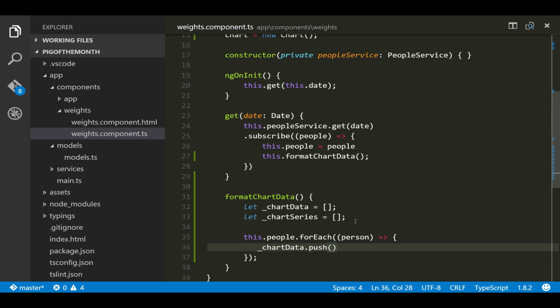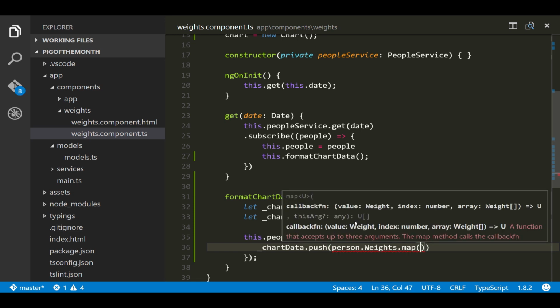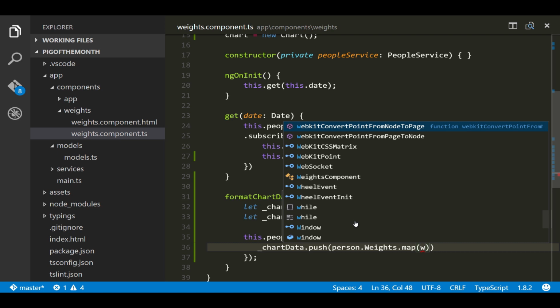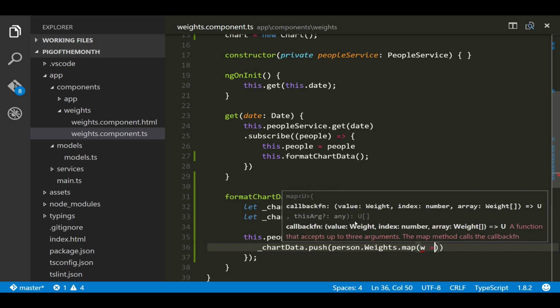So to do that, I'm going to go person dot, and you'll see I get IntelliSense here because type inference with TypeScript is saying, I know you're using person of type person, and these are its properties. So I know it has a weights, and then I'm going to map that to a new object. I'm just going to use a very terse local variable here of w because I'm only using it right in this spot. And I'm going to return